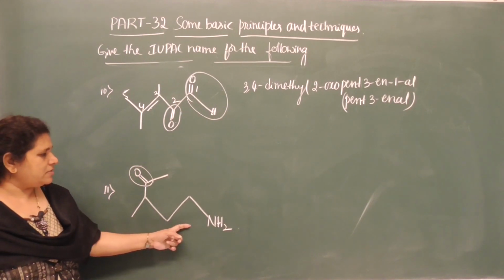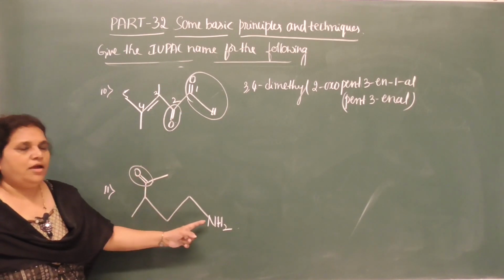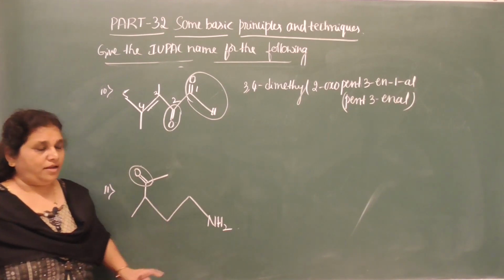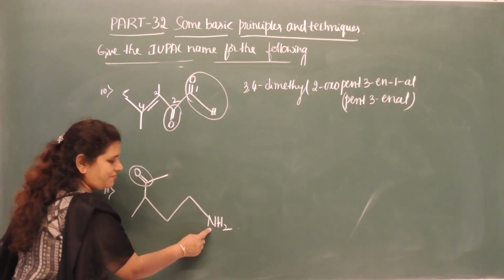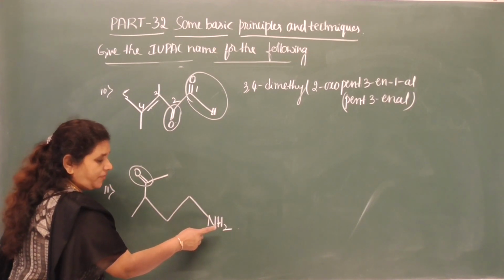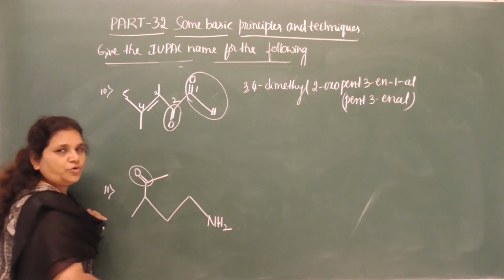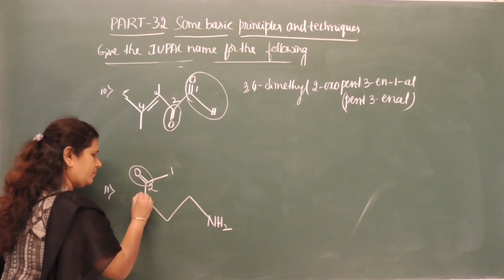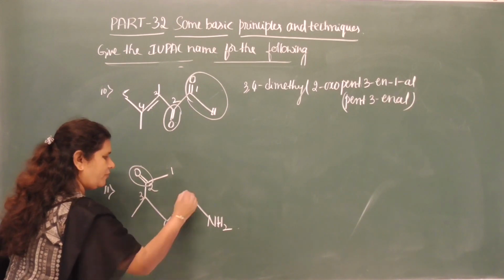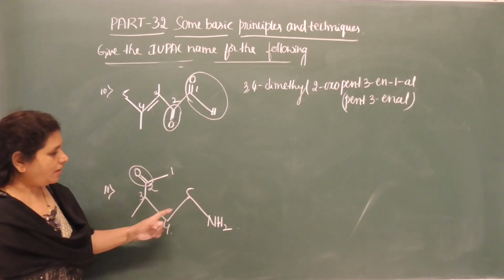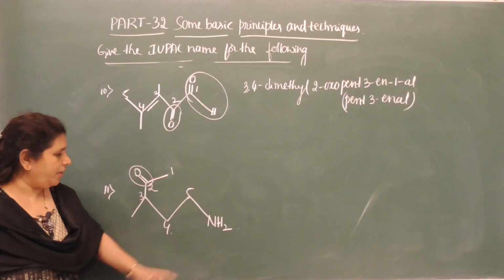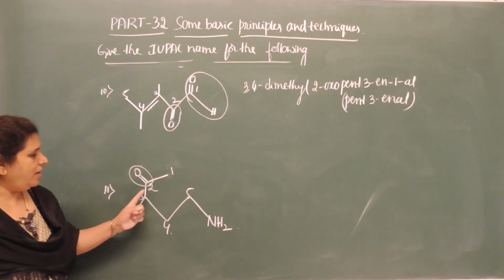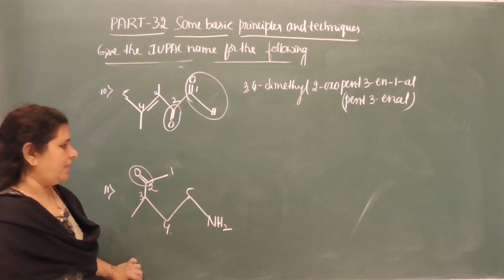Now move on to this. We have a ketone functional group and an amine. We need to give preference to the ketone rather than the amine. And the prefix for this NH2 group is amino. Therefore, 1, 2, 3, 4 and 5. On the fifth carbon we have amino, and on the third carbon we have methyl as a substituent, and here is a ketone group. Then the name is